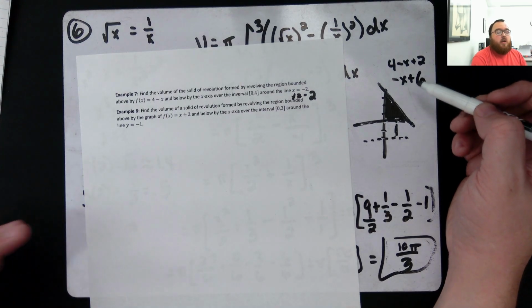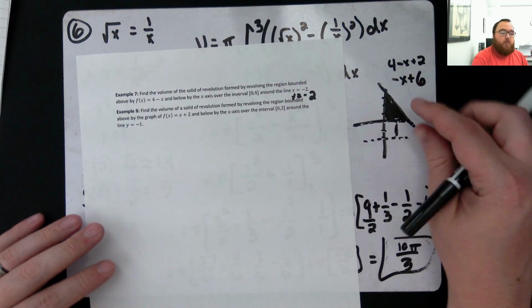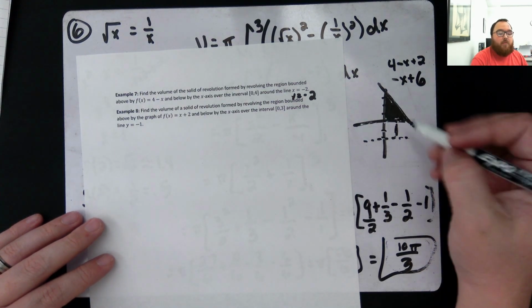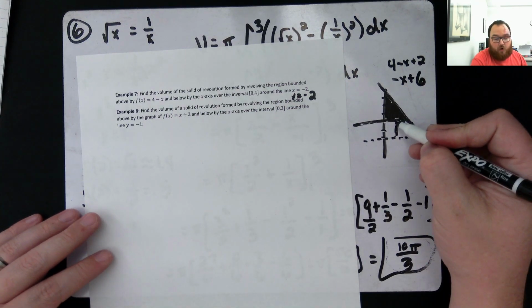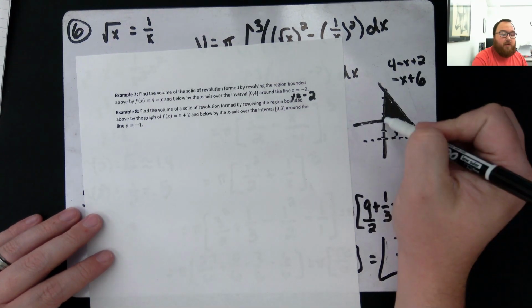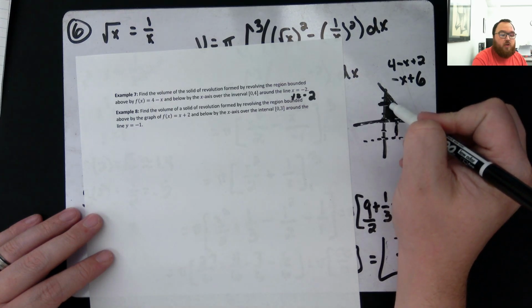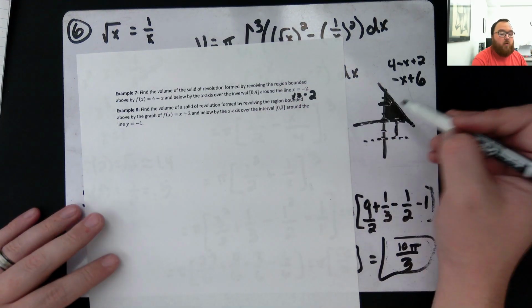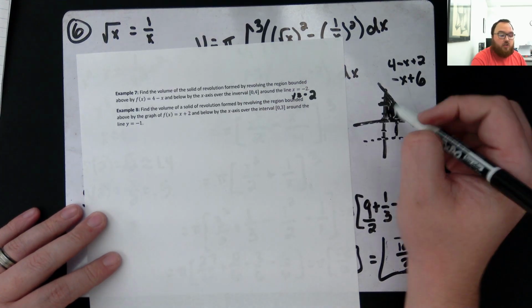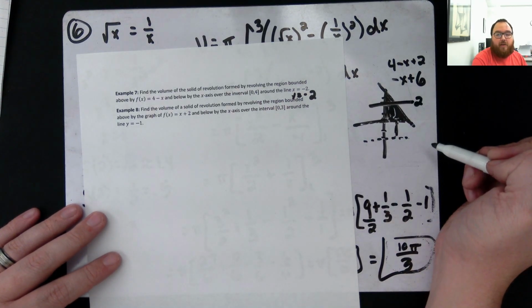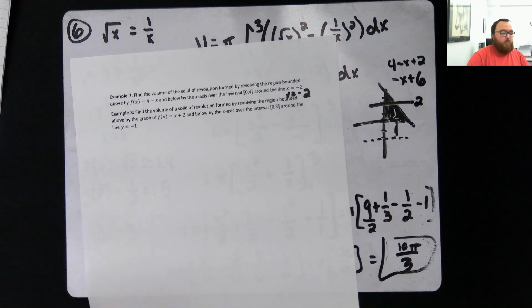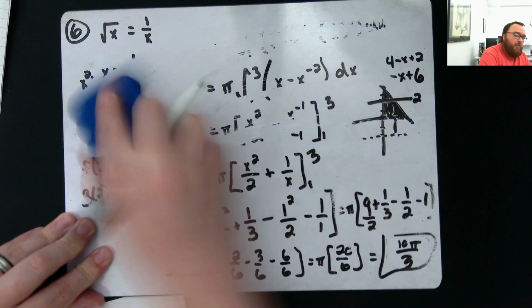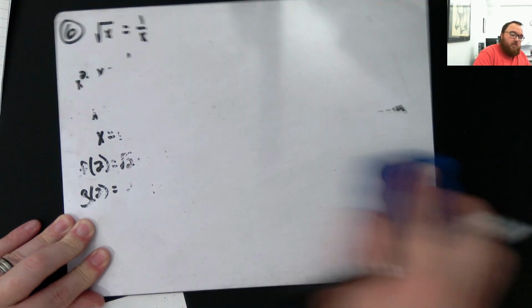What that's also going to do is move this gap, instead of being from -2 to 0, and I move it up 2, it's going to be from 0 to 2. So it's going to look a lot like one we did a while ago where I'm going to have a gap right here, starting at 2. Okay, so what I'm going to do for number 7, keeping all of that in mind,